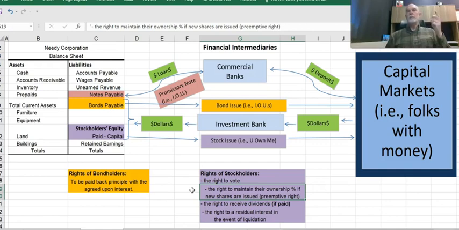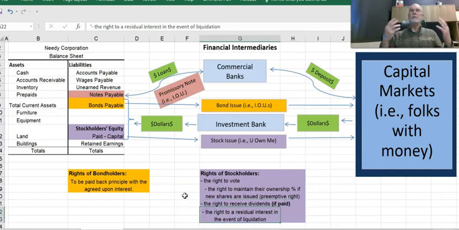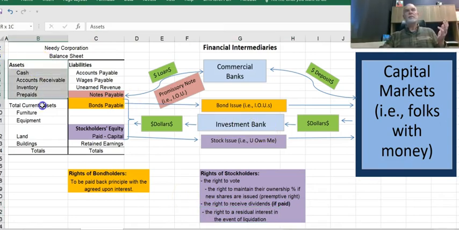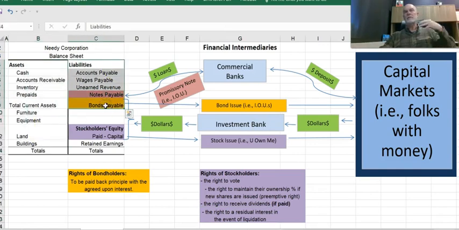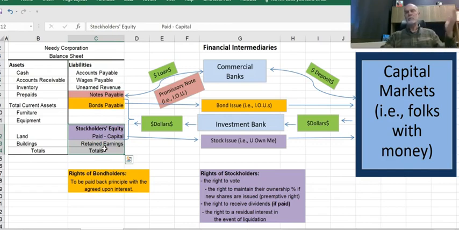So you have the right to vote, the preemptive right. You have the right to participate in dividends if they're paid. They're not guaranteed, but if they do pay a dividend, you get your share. And finally, if the company goes out of business, you have the right to participate in the leftovers. If the company liquidated, what they would do is sell off all their assets, pay off their liabilities, and if anything is left over, it would be divided among the stockholders. So you have that right to that residual benefit.